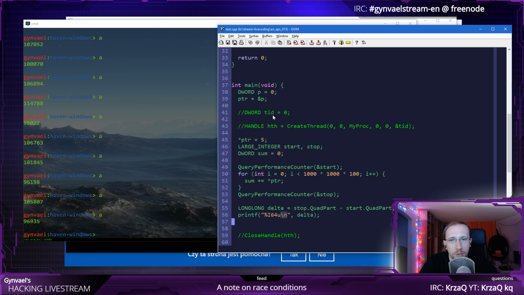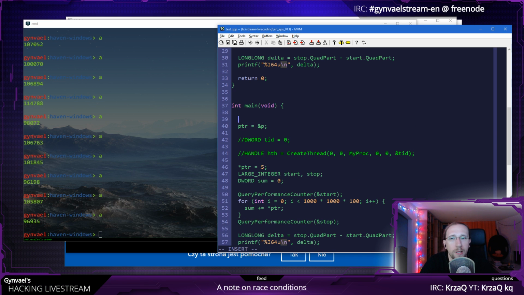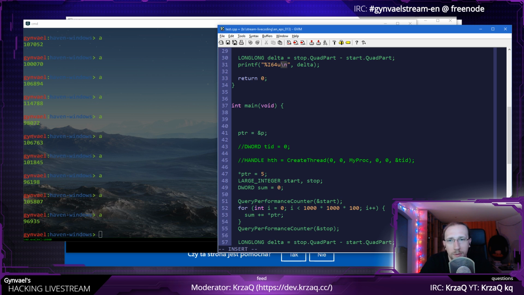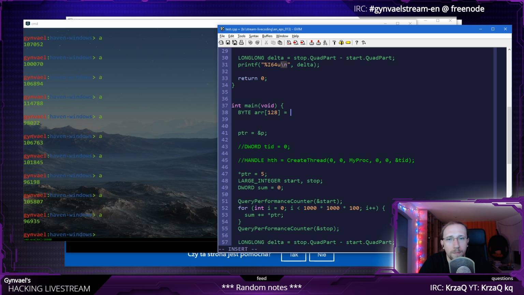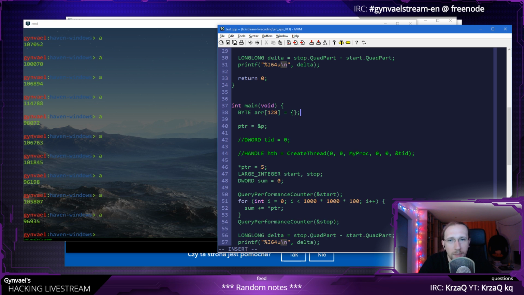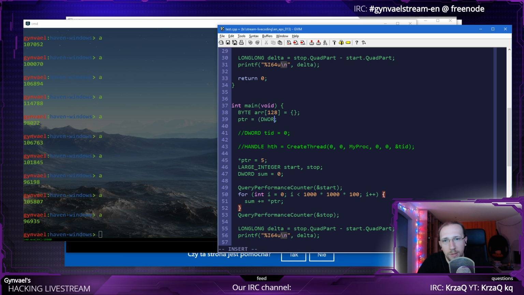Then I need to change... How can you change the address of a variable like that? Well, you do something like that. Let's still keep it on the stack, because why not? Let's create a byte array, of size, I don't know, 128, because why not? I'm going to initialize it. This actually zeroes it. And now I'm going to do this, a DWORD pointer,